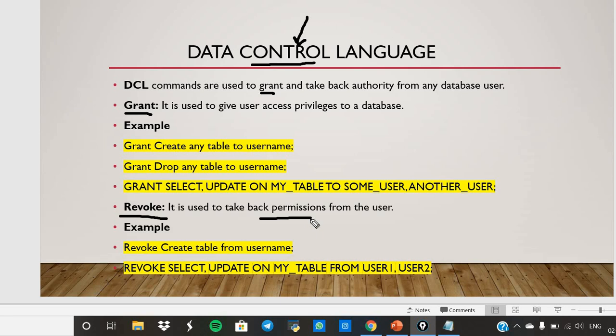For example, if you take a movie, they'll give patent rights, copyrights. Those are examples of these grant and revoke operations. Coming to the query, grant create any table.